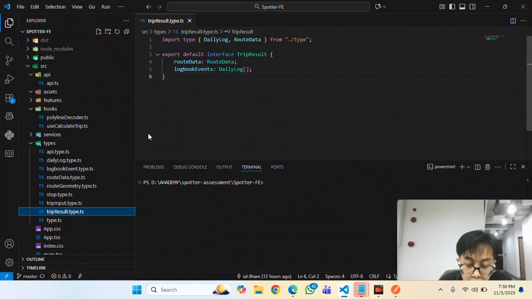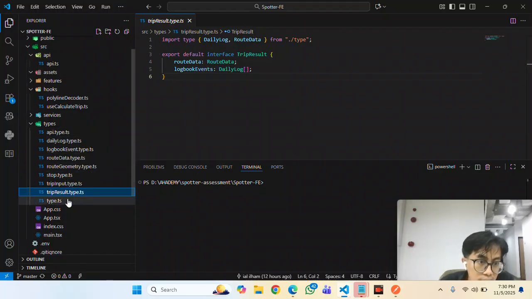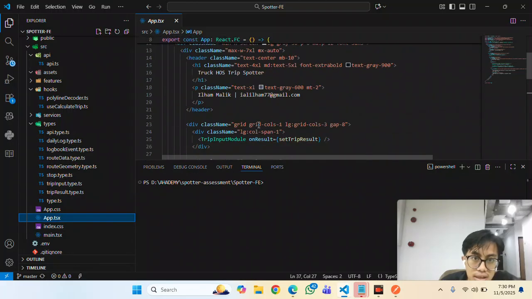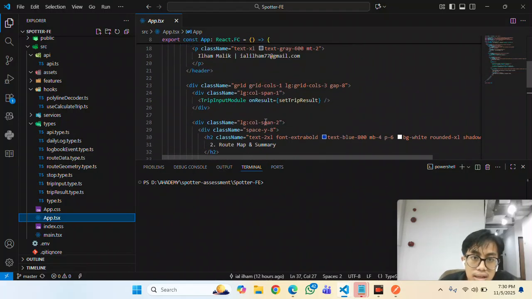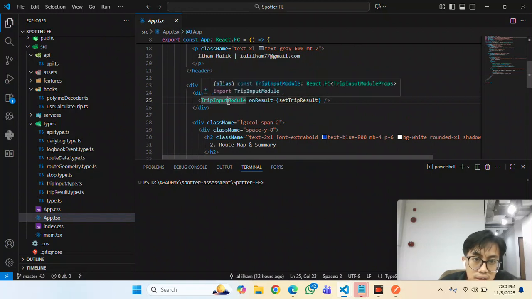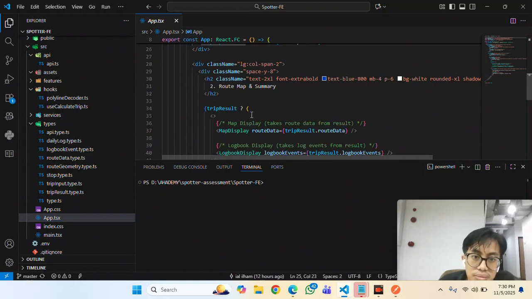And for the application shell and user experience is App.tsx. The file functions as the application, consuming our feature components such as trip input module, map display, and log book display.